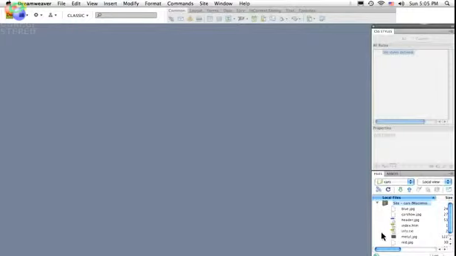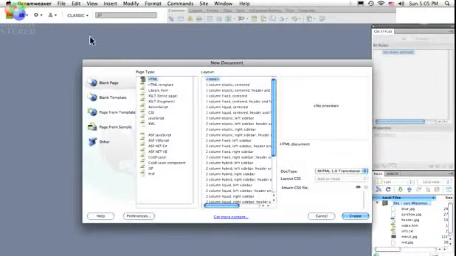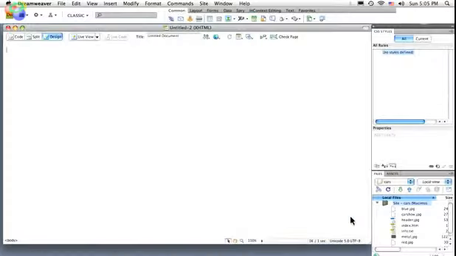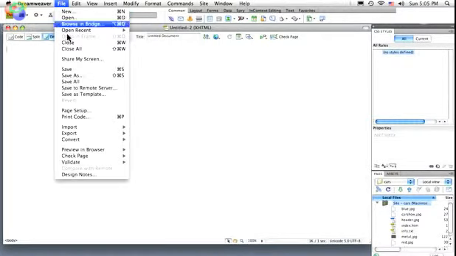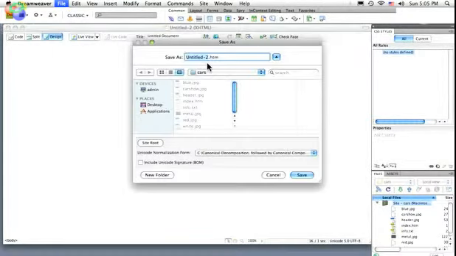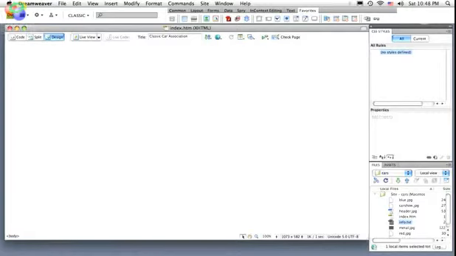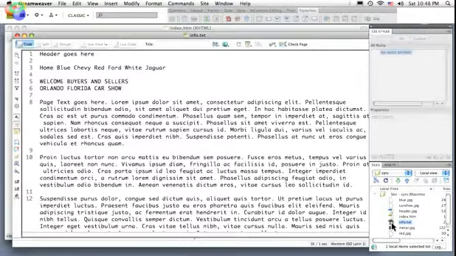Now all the documents in my project folder appear right here in my files list. Let's create a new document. File, New, Create, and save it. File, Save. I'm going to save it as Index inside the Cars folder. Now I'm ready to put some text on my page, and I have a document called info.txt. I'll highlight all this text,